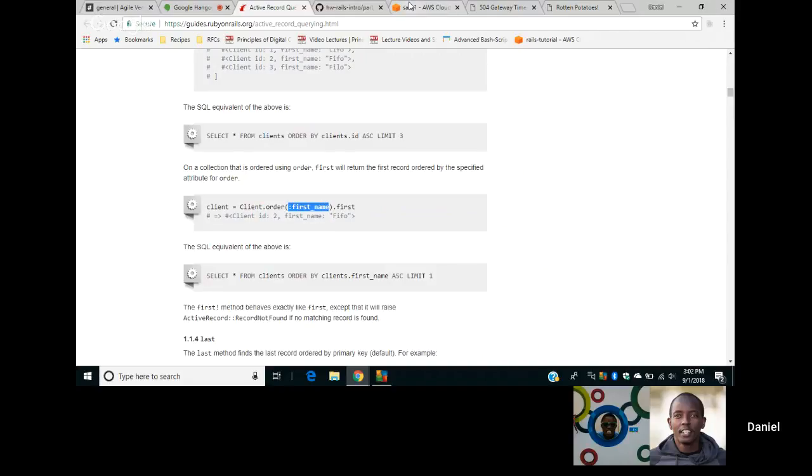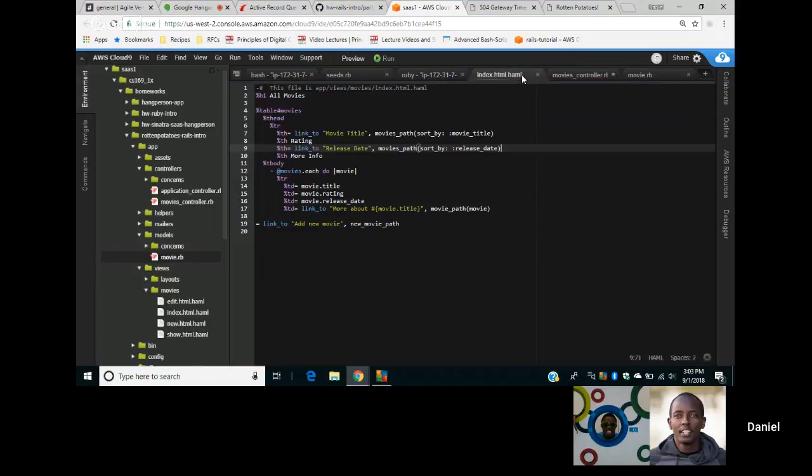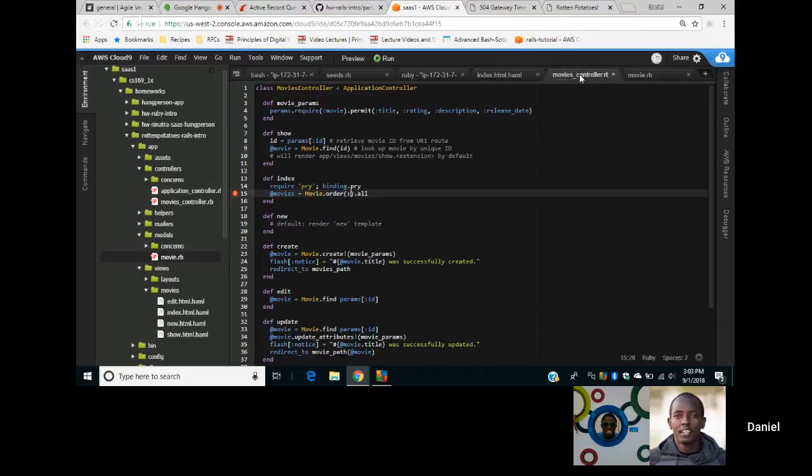So what do you think, should it be a symbol? I think maybe they are putting it as a string because it's a terminal to show you. Yeah, that's probably true. Okay, so here I'm going to do